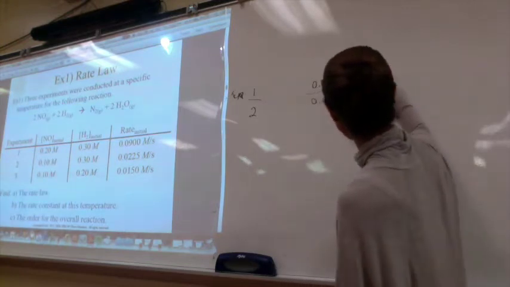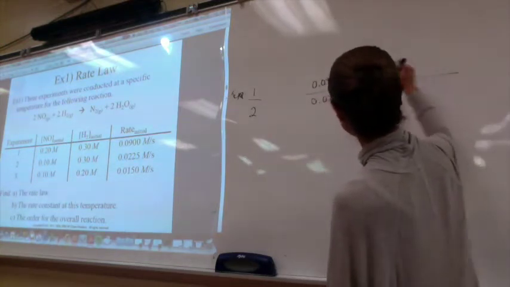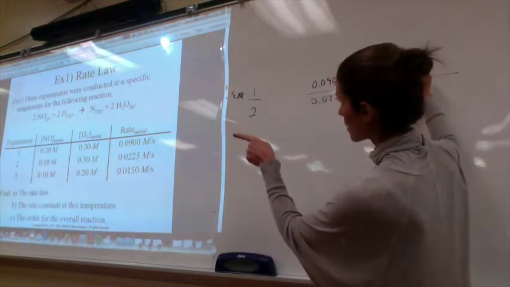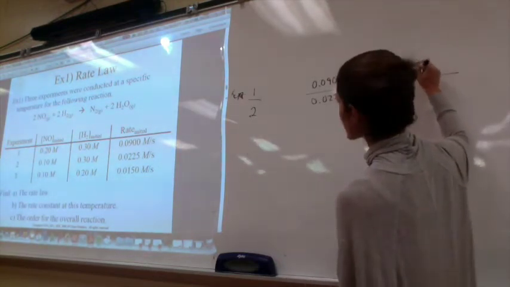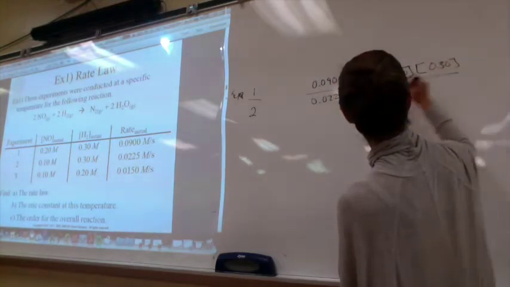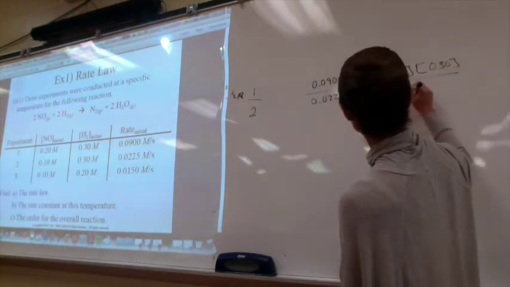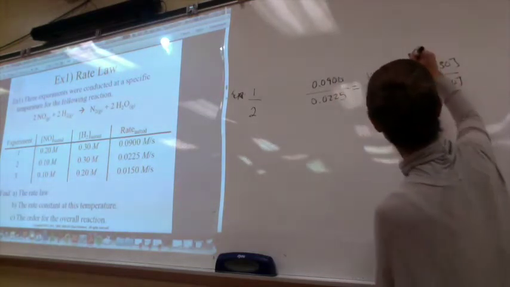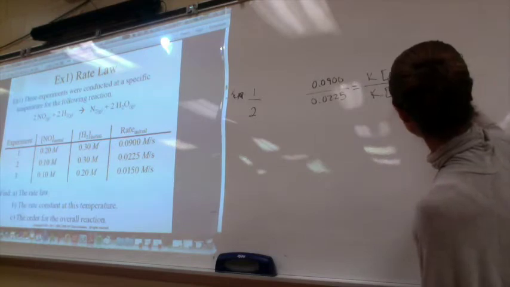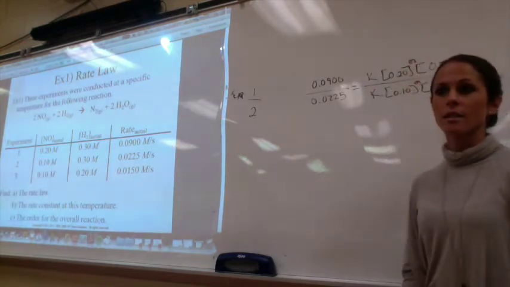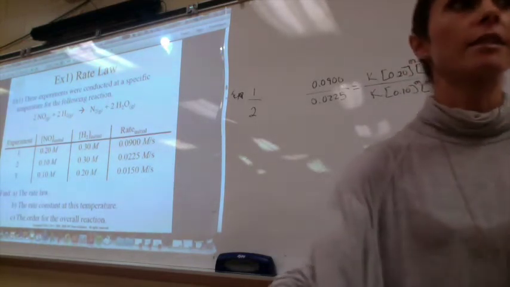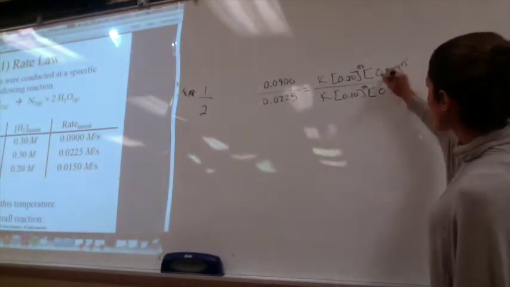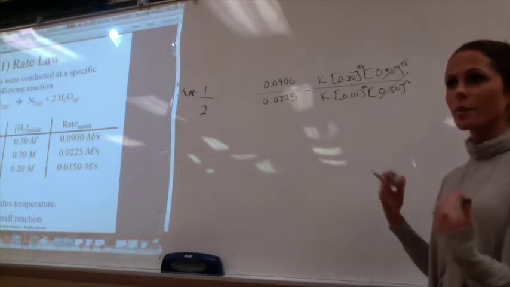And then that's equal to k and k. And then we're going to do our concentration of NO. So NO is in experiment 1, 0.20, times the concentration of H2, which is 0.30. Experiment 2, it's 0.10, and experiment 3, it's 0.30. All right, then I'm going to put these little m's and n's here. What are my m's and n's? They're the superscripts basically to tell us the order of the reaction. So this is why we just cancel it out, so that it's not part of it,